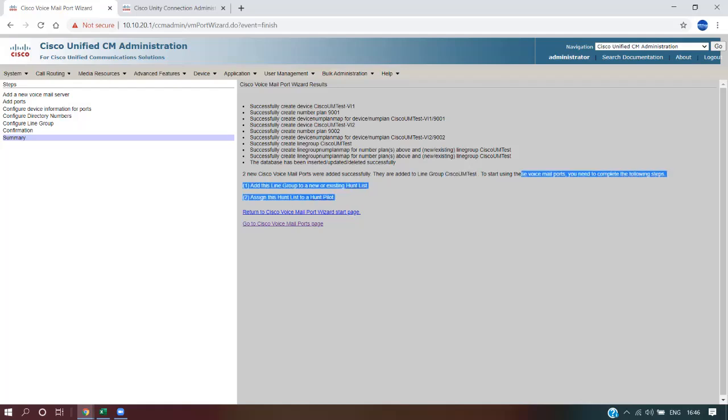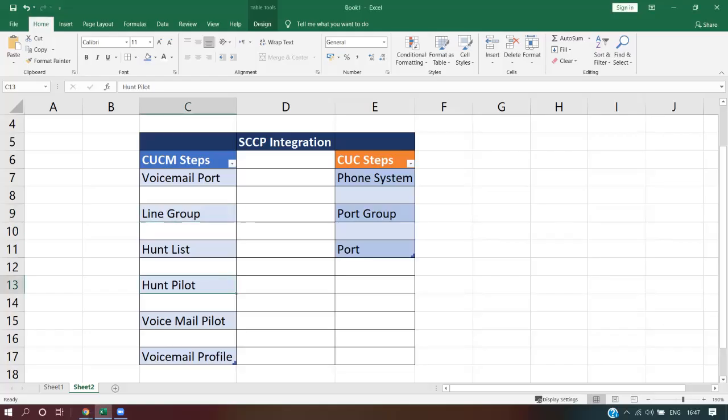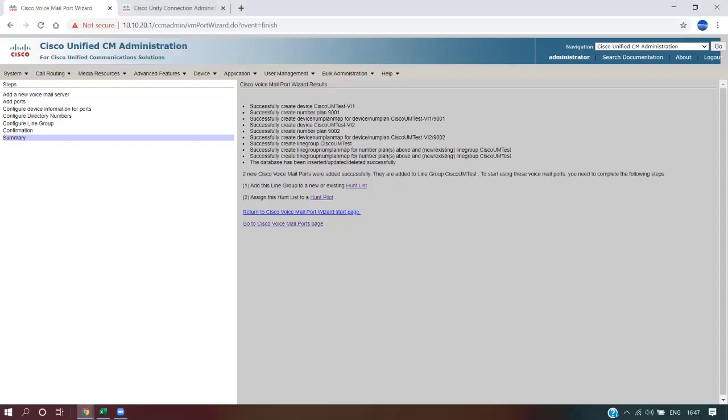Like I promised, it's going to take us until the hunt pilot step here. So these steps are done. Now we are going to go ahead and perform these two, hunt list and hunt pilot. Let's go back to the Call Manager wizard. Okay, so I'm going to right click on the hunt list and open it in a new window,